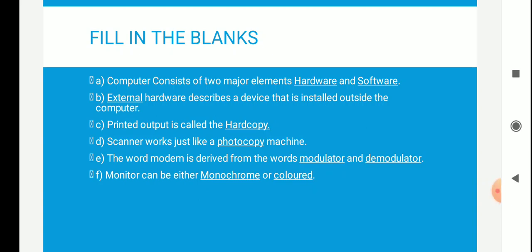As we have completed chapter number 1 in computer, which is computer hardware components, today we will discuss the exercises of this chapter. So the first exercise we will discuss here is fill in the blanks. I have already filled all the blanks with the answers, but still we will discuss it